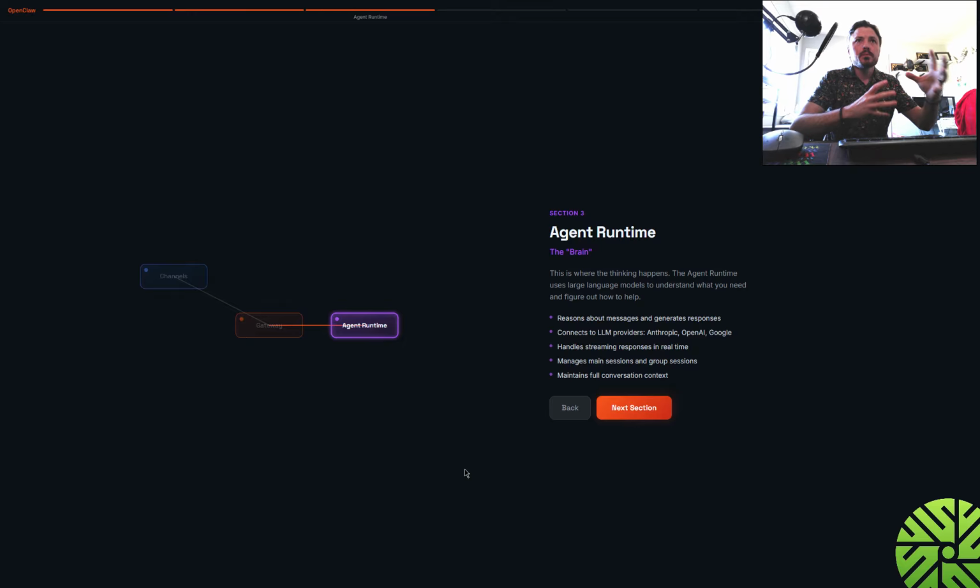It reasons about the messages, generates responses, talks to the user back and forth. It connects to the different models. You can have multiple models running at the same time. You could have Anthropic models, like Opus, doing the heavy tasks or the coding tasks. You can then have smaller models like Haiku,